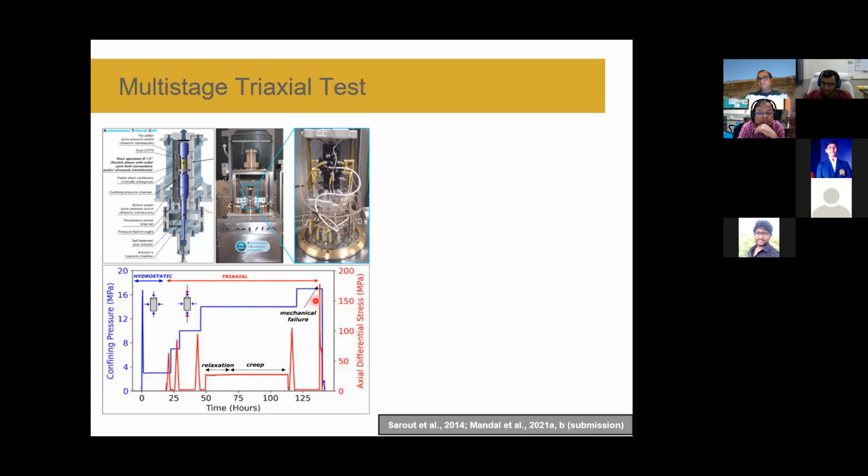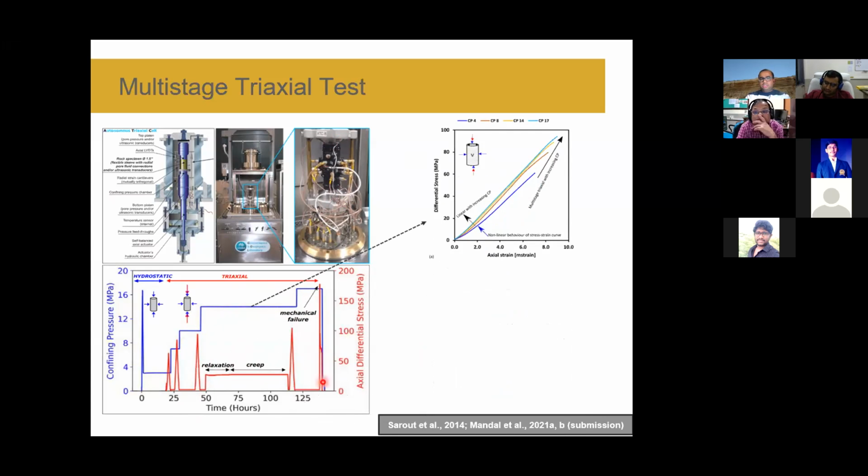After that, at the final stage, the rock has been allowed to reach its failure, and then post-failure deformation has also been measured. If we show this scenario, you can see this loading and unloading cycle. As I mentioned, in the initial stage you can see there is a lot of nonlinear response between stress and strain. But once we increase confining pressure, you can see this nonlinearity almost going away. There is a much flatter section coming out, a linear response between stress and strain.